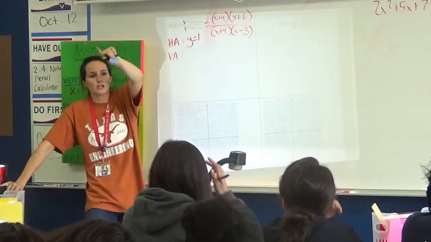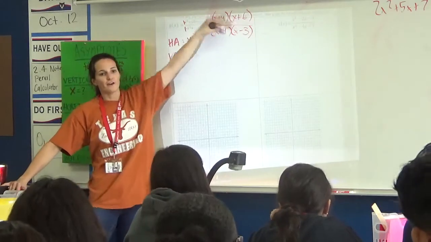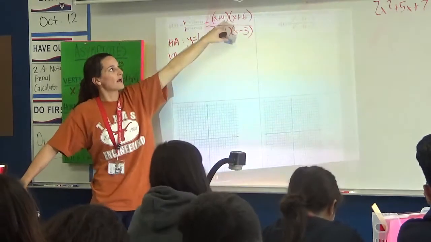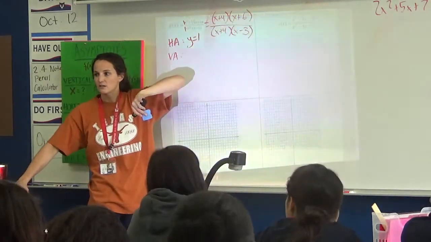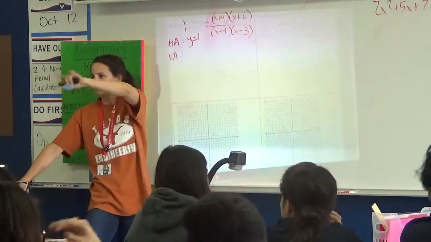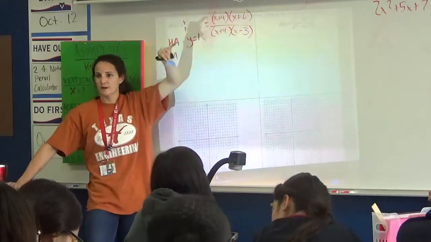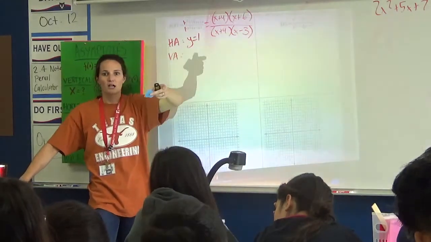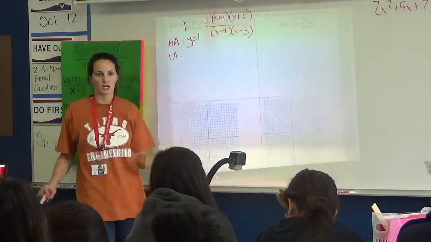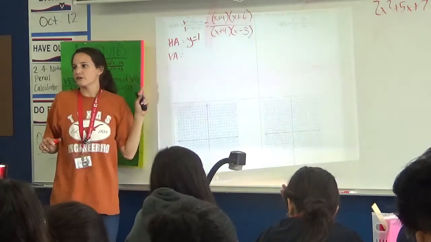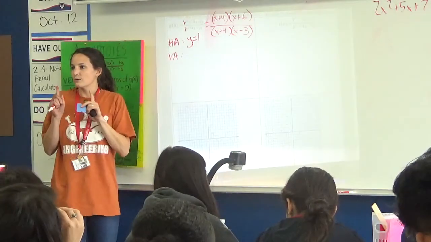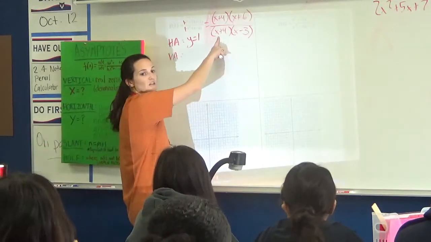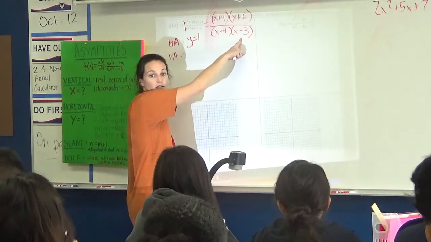These neighbors over here, the top people, should have gotten their factors, so I'm just going to rewrite my polynomial, but factored. Okay? On the top now I have x plus 4 and x plus 6, right? Okay. On the bottom people, we had x plus 4 and x minus 3. So now I have the bottom and the top factored, okay? You would technically do 2 box methods if that's what you were doing, but we're just kind of moving along. Okay, so when we get to our vertical asymptotes, it would be very tempting to go and write x equals negative 4 and x equals 3, right?